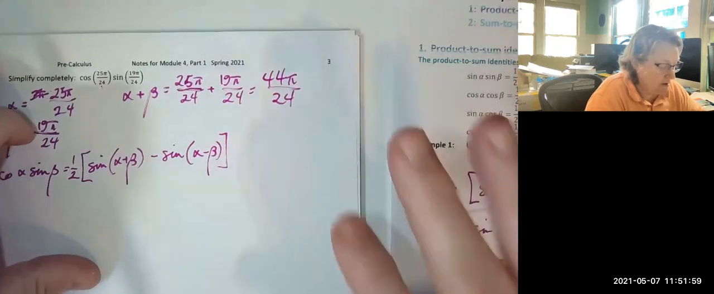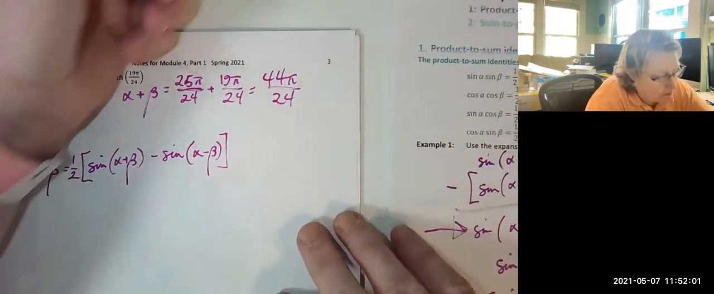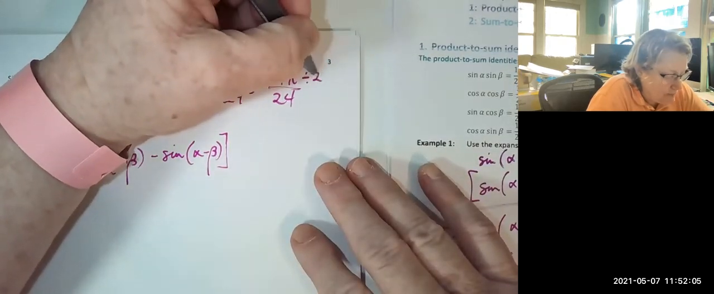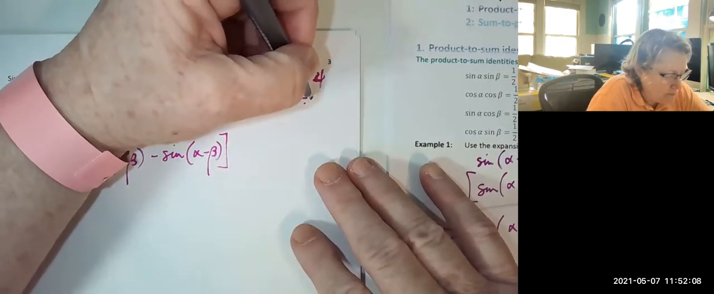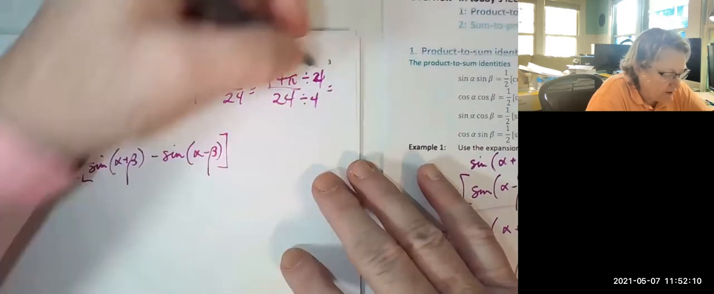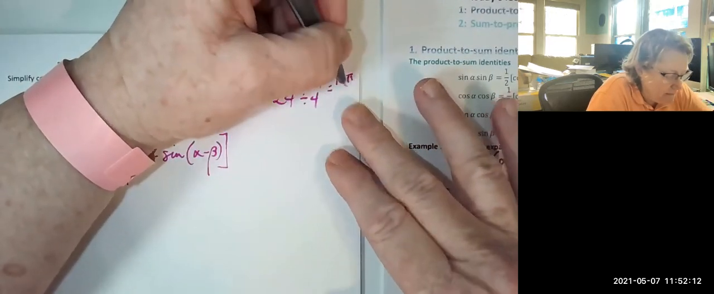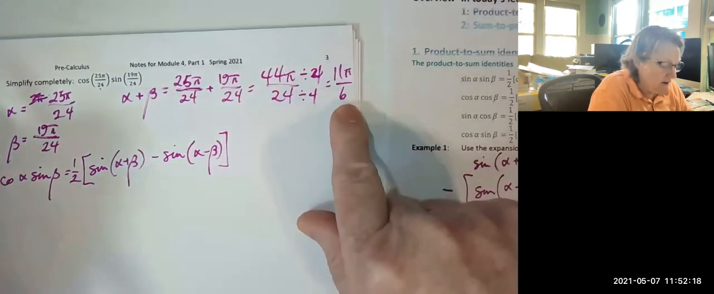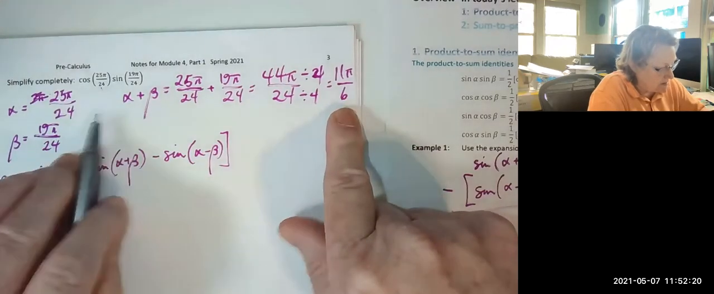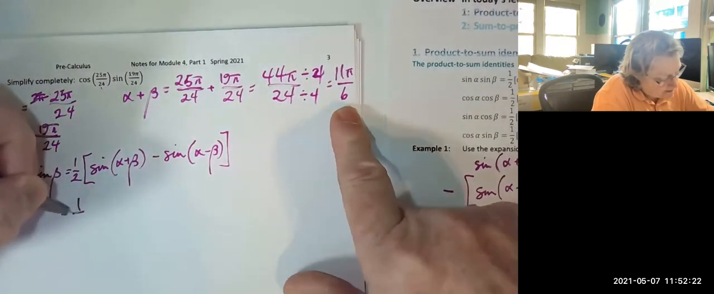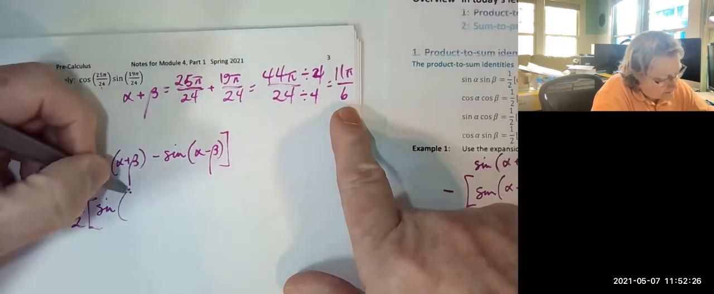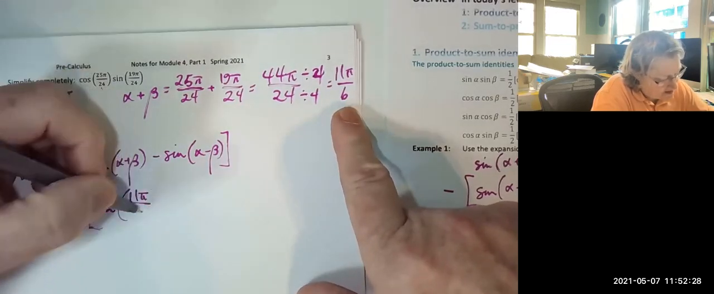That's almost 25 plus 20, that would be 45, minus 1 is 44. Pi over 24. But we can reduce this. They're both divisible by 4. You could do it by 2 and then 2 again. 4 goes into 44 11 times. 4 goes into 24 6 times. And now I've got 11 pi over 6 for the sum. So this is equal to 1/2 the sine of 11 pi over 6